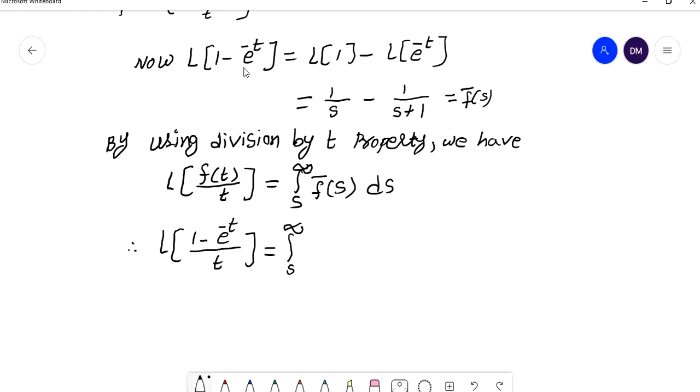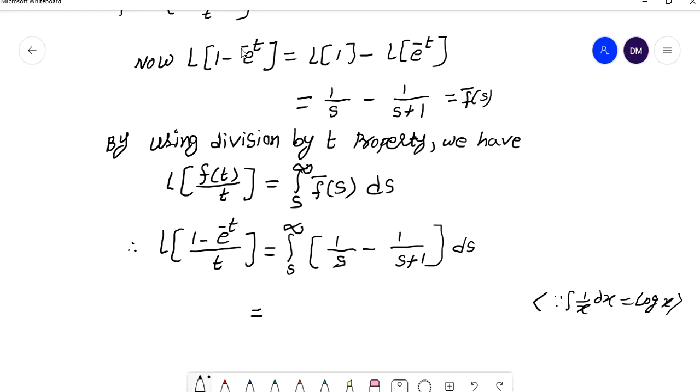What is f bar of s here? F bar of s value is the integral of 1 by s minus 1 by s plus 1, ds. Now we can integrate this. So what is the integration of 1 by s? The integration of 1 by x into dx is log x,